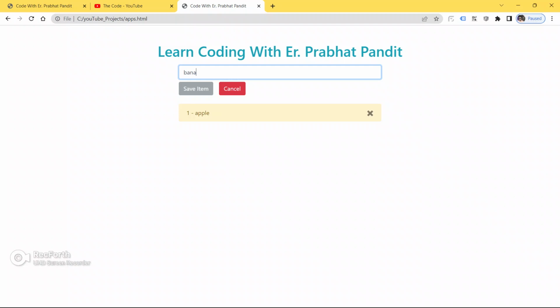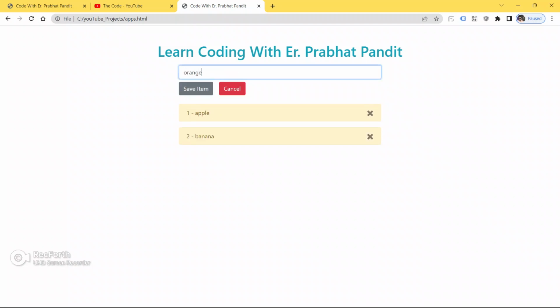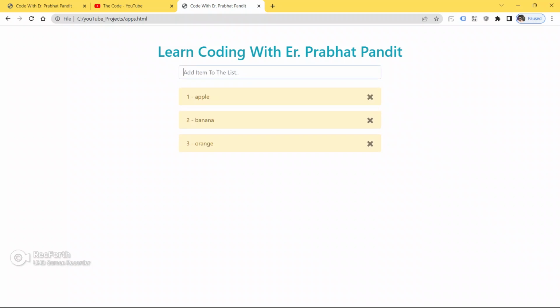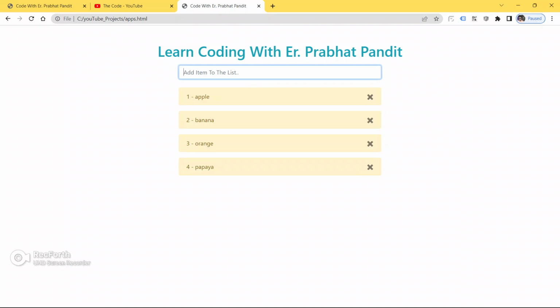So now put apple, save, put banana, click save, put orange, click save, put papaya. As of now, whenever I hit enter, nothing happens. We have to enable this functionality also, and we will do that later.